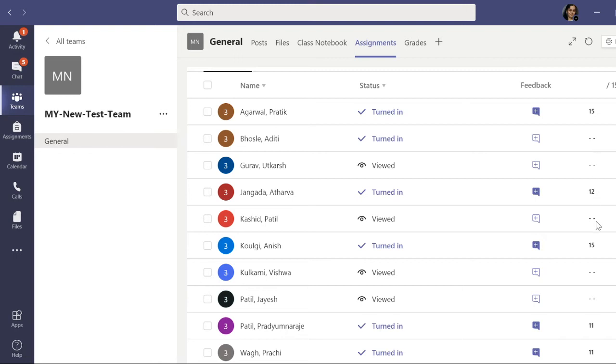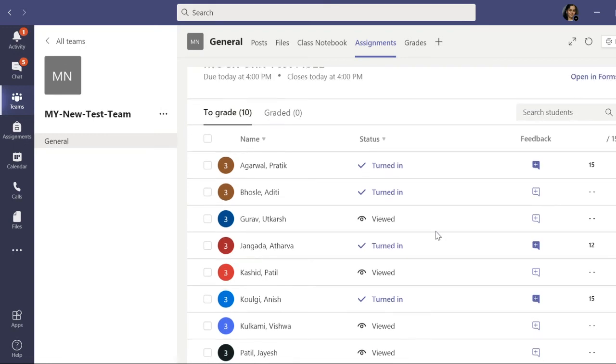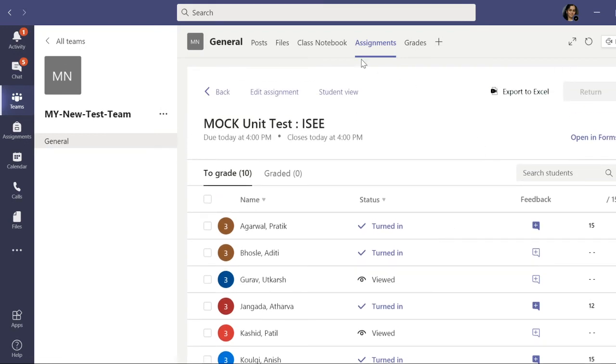These are the points or the marks for MCQ type of questions, objective. And for subjective, you will have to review, obviously. You will have to read that answer and give the marks, just as we had seen just now. And then only you can give the final marks to the students.